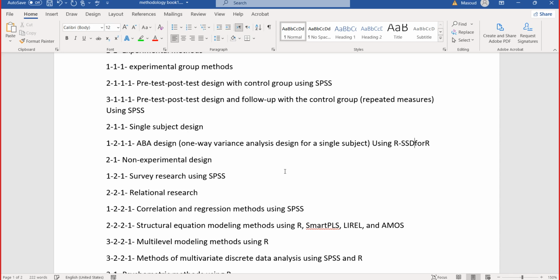So the theory, practice and research are mixed here, like the action research that is popular for teachers. The SSD is also popular for doctors, physicians, psychiatrists, psychologists, counselors.